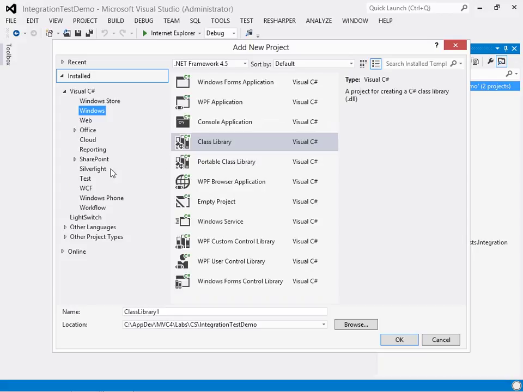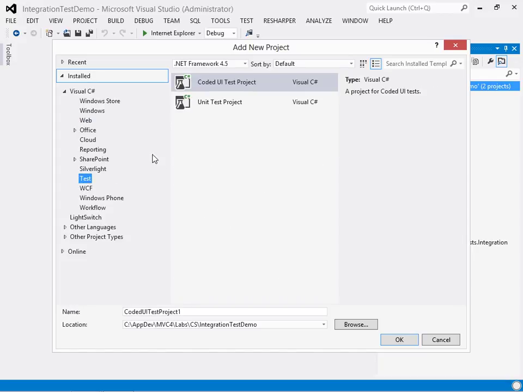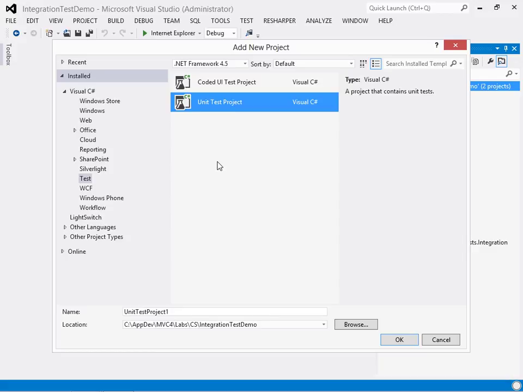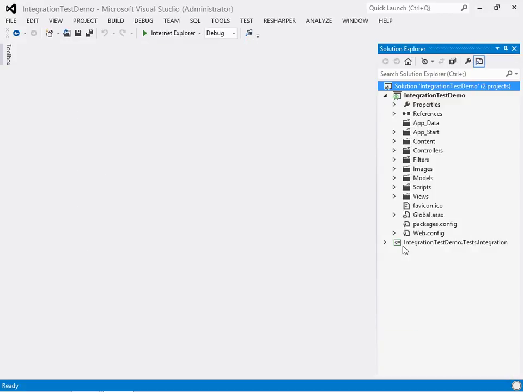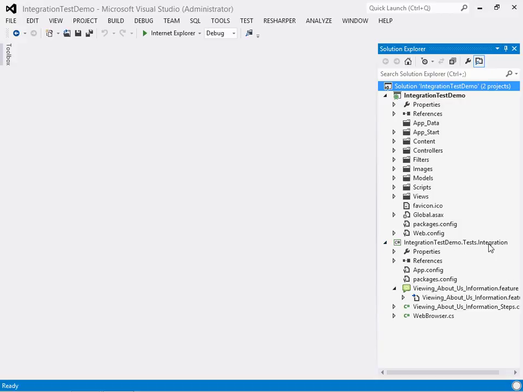But you may also consider coming down here to Test and selecting Unit Test Project, simply because if you want to use MS Test as opposed to something like NUnit, the Unit Test Project will go ahead and set up MS Test with all the references and configure it for you. Also, if you want to use the Coded UI tool or play around with it, if you have a version of Visual Studio that supports it, this is also where you'll find the Coded UI tests. In my case, I just did the class library, and I called it IntegrationTestDemo.Test.Integration. And when you do this,